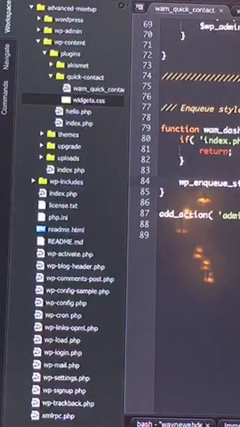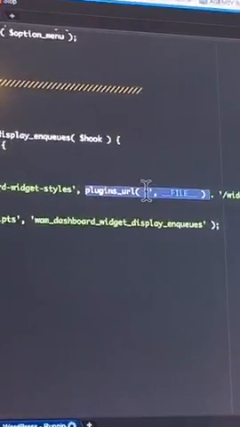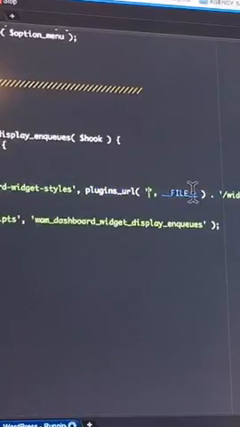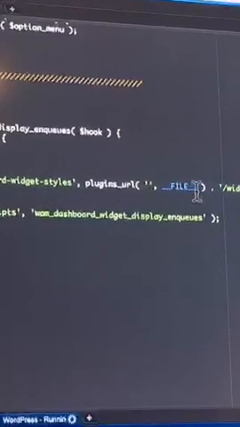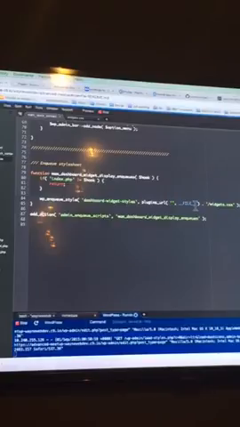and then in this case, the path, you have to use plugin URL, open single quotes, and then this __FILE__ thingy. 2 underscores, the word FILE capitalized, and then 2 more underscores. And that gives you the path to your... Is that a set constant that refers to where that... Exactly. Okay. So no matter what website you upload this to, it's going to use this function,